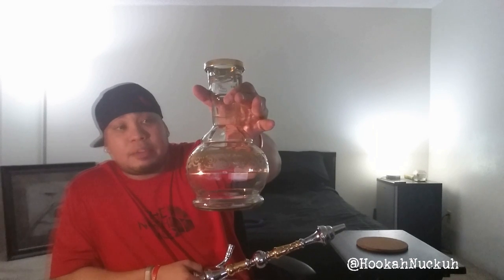As I'm putting it together, I'm gonna go over the items you can expect to receive when you order your Shika hookah. All right, here we go. Here is the Shika Gold Teardrop Vase. This is a very, very good looking piece. Before I slide that on there, I want to also get into